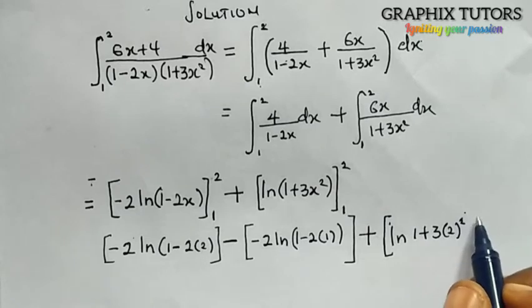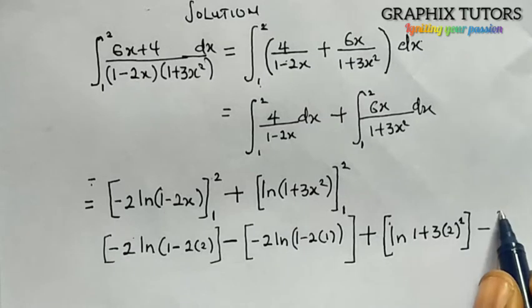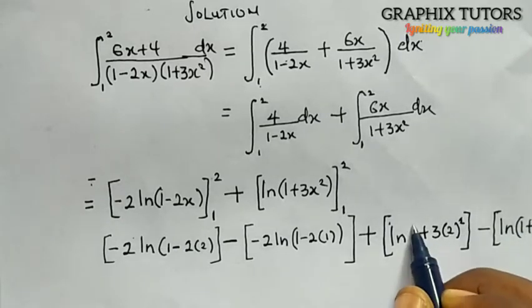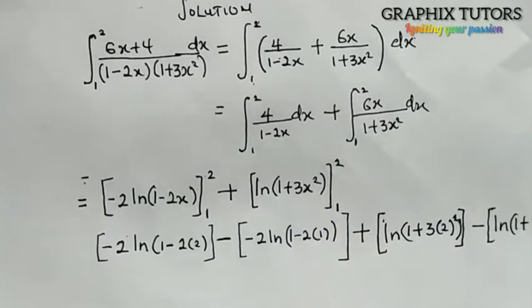Right? I'm going to close it up. Minus, open bracket again, I'll write it again. Ln 1 plus 3, I'll put 1 square. And I'll close the brackets. All good. So I'll write two of them in two places. One we have 2, the other one we have 1. That's what I did here. So in doing that,